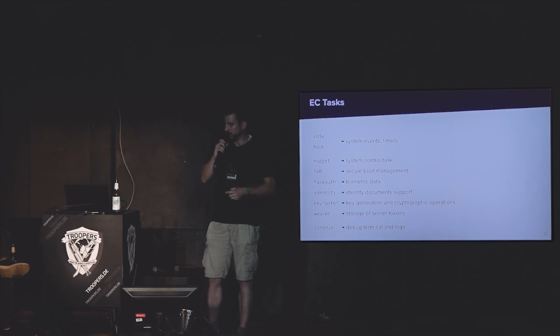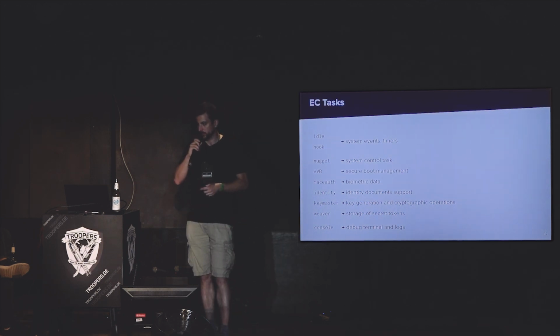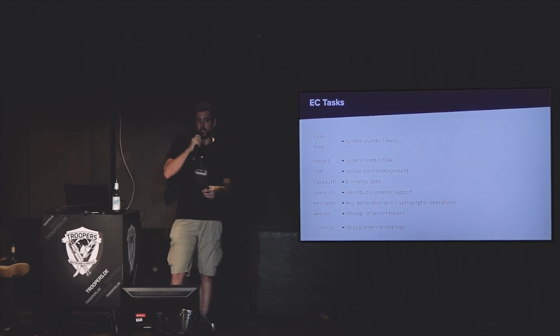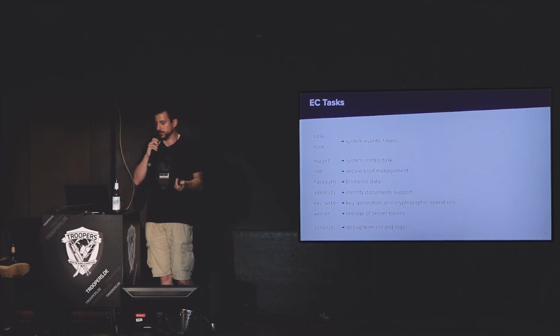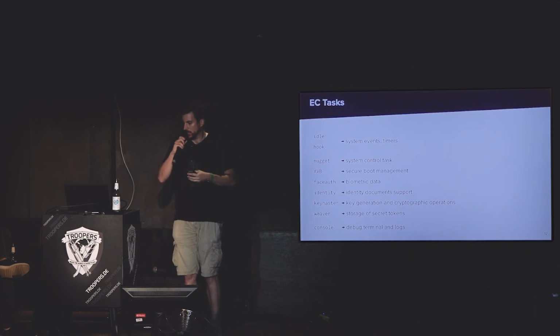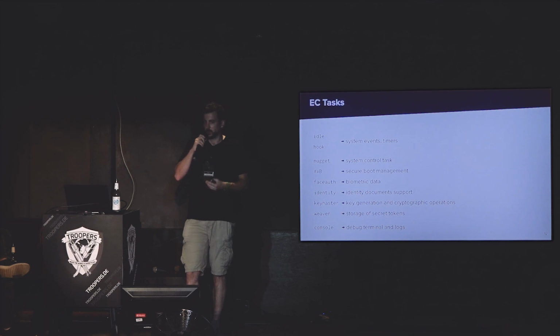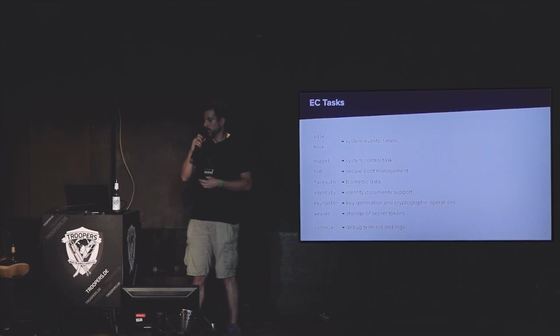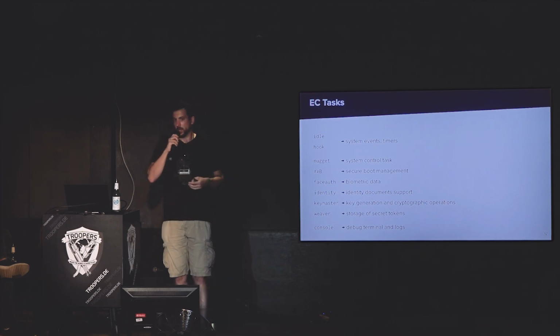Now, what you see on the screen is a list of the tasks that we extracted from the firmware. The first two are used by the system to implement some features like events, timers, and so on. Then you will have one task per functionality. The first one, NuGet, is used to configure the system. It is the task you use to update the firmware. Then you have AVB, for Android Verified Boot, and this task is involved in the secure boot of the main